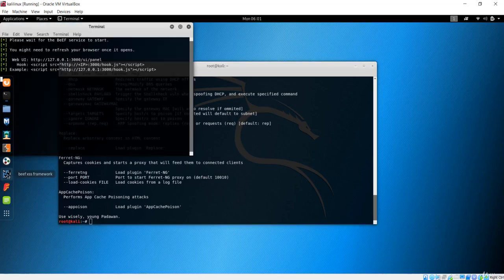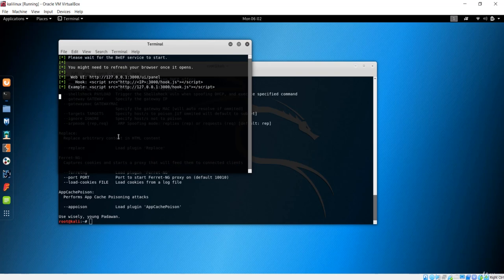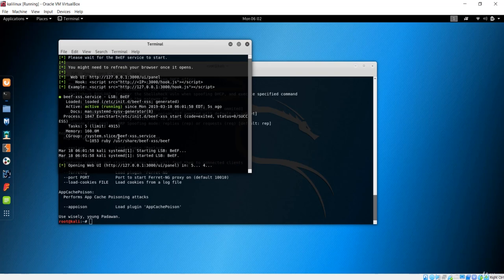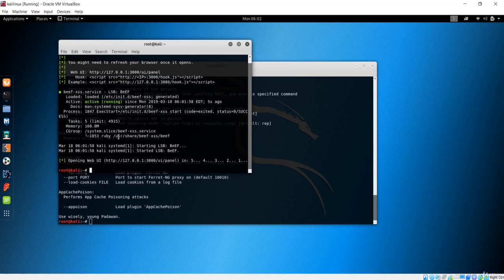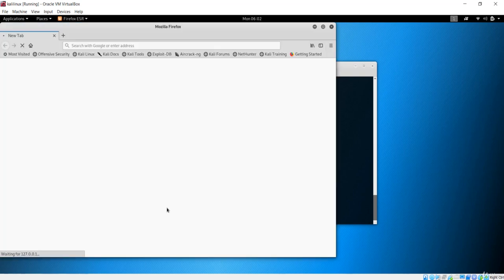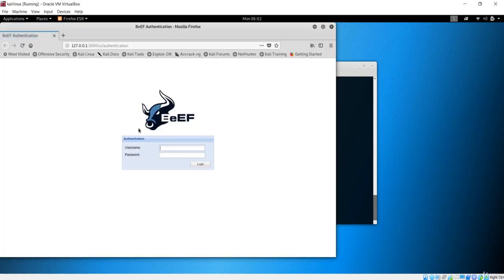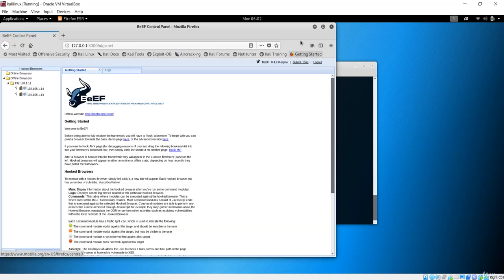We're not going to talk about the BeEF framework over here, but if I just open BeEF, you will see this terminal will be opened. The BeEF framework will be covered in the upcoming lecture where we'll have the complete section. But in this lecture I am going to only show you how to inject this URL with the help of man in the middle. So it is beef, and the password over here will also be beef. So our BeEF framework is up and running.